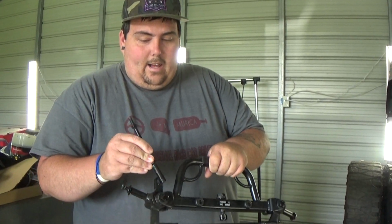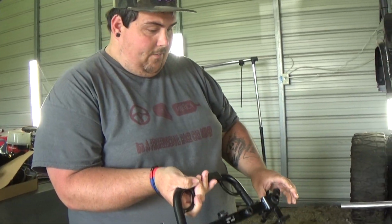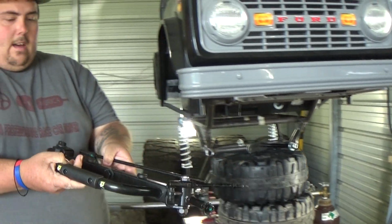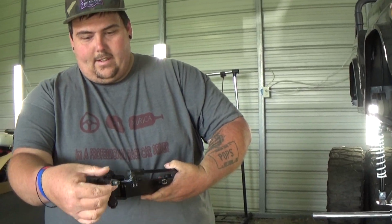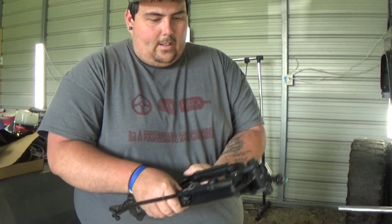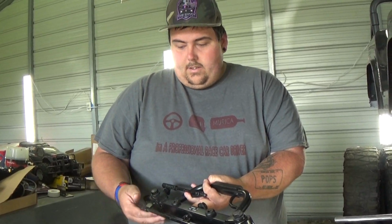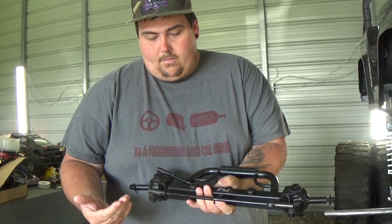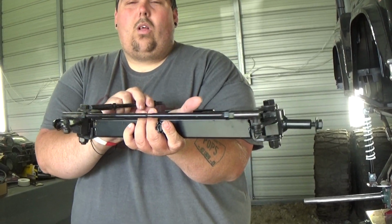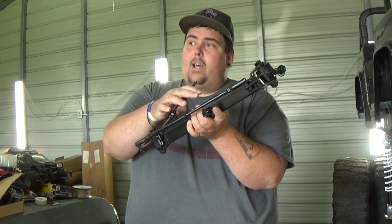But anyways, what I'm going to do with it is have it somewhere, put here. I don't know if I want to leave it like this, and then I can put the motor, or if I want to turn it like this, cut these bars off, turn it like this, because like IRL, your tie rod is on the front of it, and I feel like that would just be a whole lot better. But anyways, we'll have something we need to put a motor on, and I can actually mount the motor here,